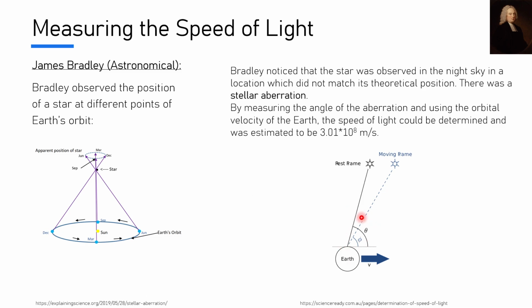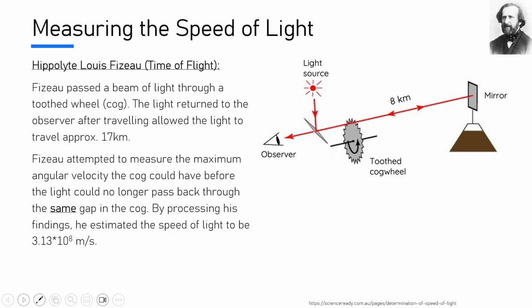This difference in position measured by angles is referred to as stellar aberration, and by measuring the angle of this aberration and the orbital velocity of the Earth, James Bradley was able to also calculate a speed of light which was significantly closer than the one that Rømer came up with. However, Bradley wasn't the only person through history working on trying to measure the speed of light,